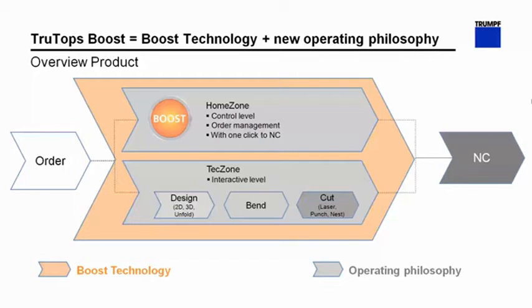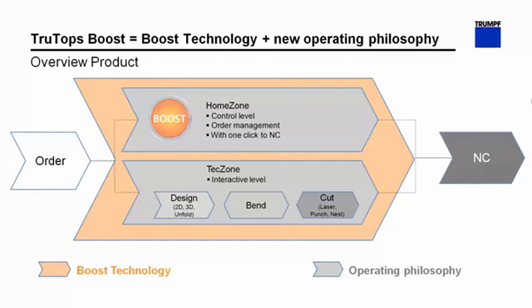The first one is called home zone. That's our central control level and order management, and it contains a quite prominent boost button. And by pressing the boost button, you get to your NC program with one click. The task zone is our interactive level. So it's possible to interactively change and adjust the proposed solutions and technological solutions, and you're also able to create or edit or to repair your own 3D or